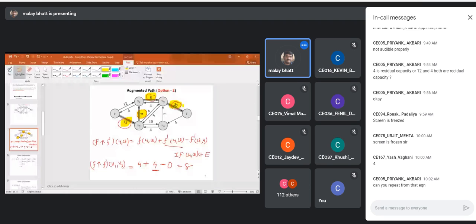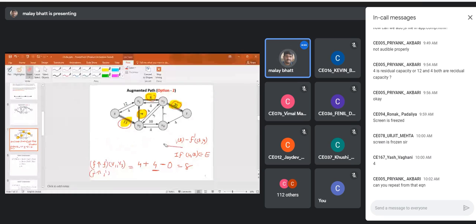Is this clear? Similarly, let me erase this so you can see it in a better way. If I write for s comma v2, this is also an edge in the augmentation path.